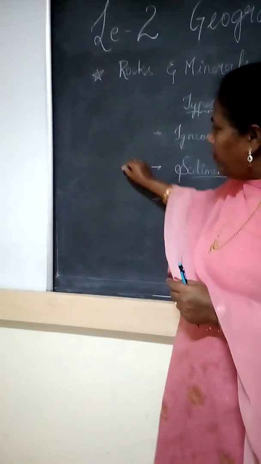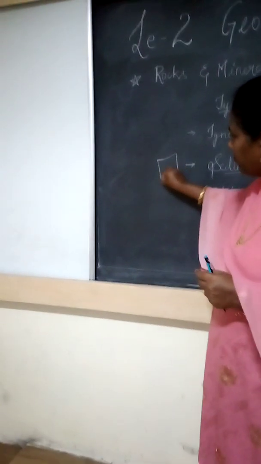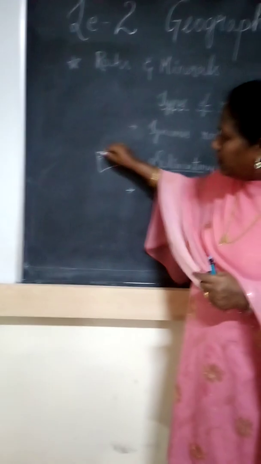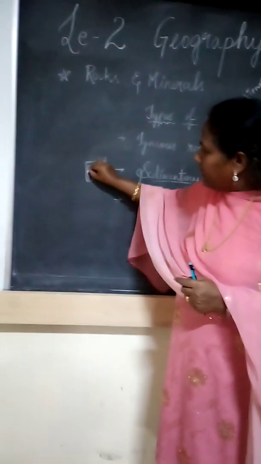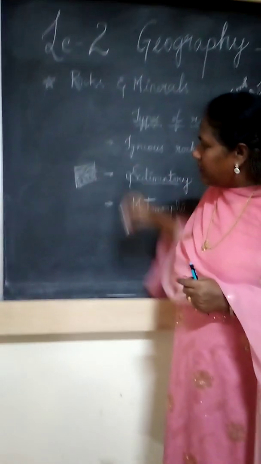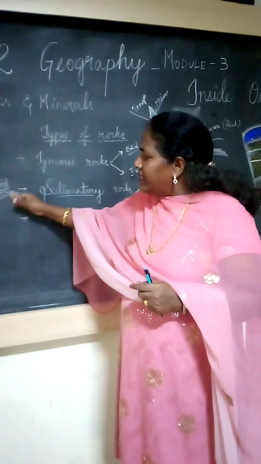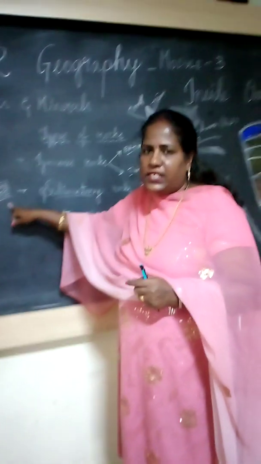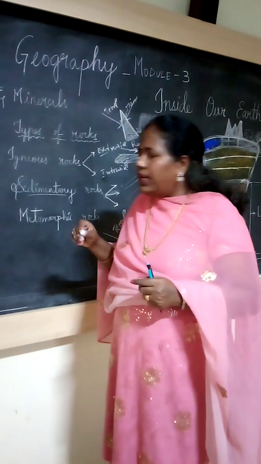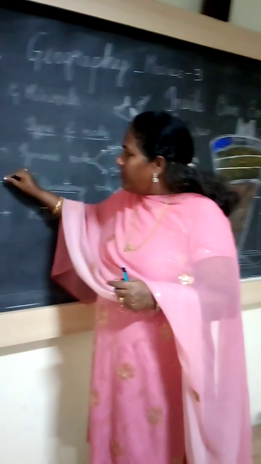Suppose that this is the rock. Here we can see layers like this inside the rock. If you look at the side of the rock, we can easily see these layers. Why? Layers form, and it takes millions of years to form them, in the mechanical process. Example is limestone.